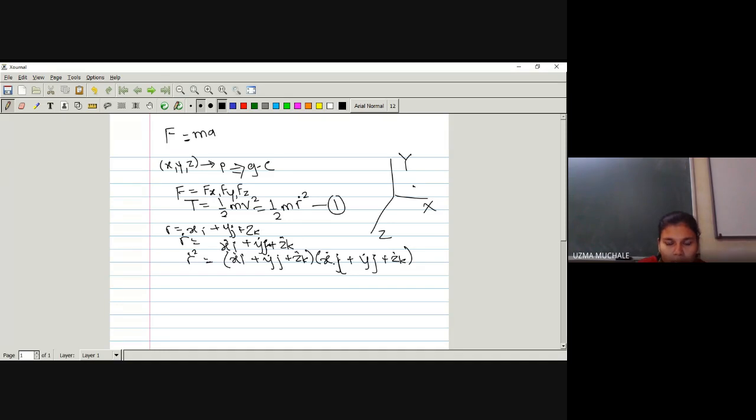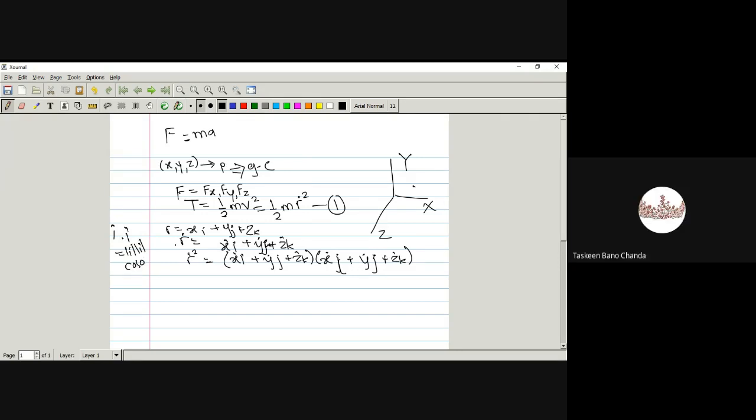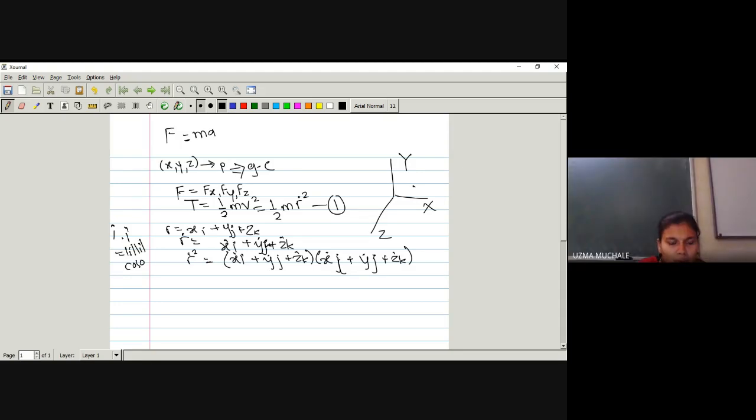The dot product of any two vectors is given by norm of A, norm of B, cos of theta. This was also homework for you to clear the basic points, right? How does i dot i work? i dot i is equal to mod i into mod i into cos of the angle between i and i. What is the angle between i and i itself? It will be cos of 0. Cos 0 is 1. What is the value of mod i? Mod i is equal to 1. Why are they 1? Because they are unit vectors in the direction of x, y and z axis: i, j, k.